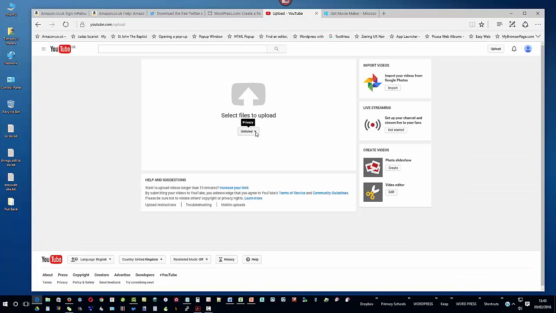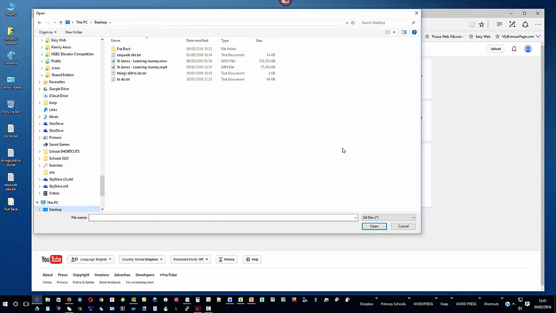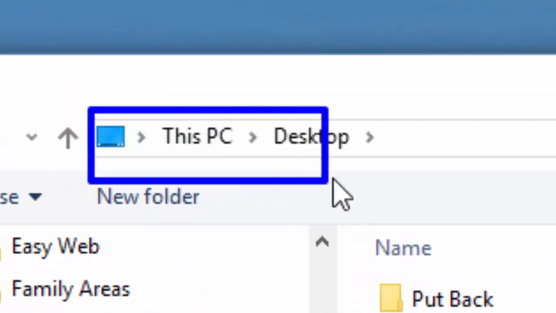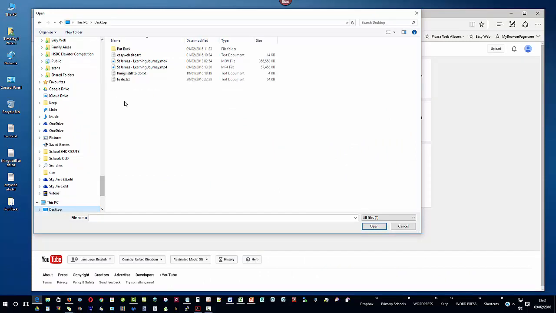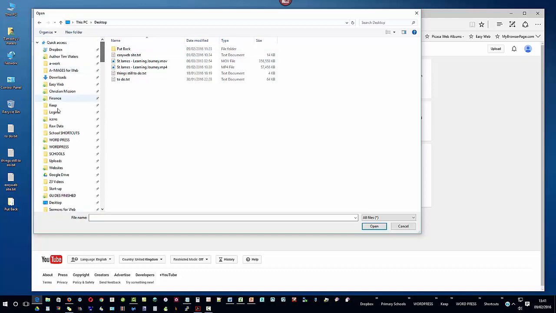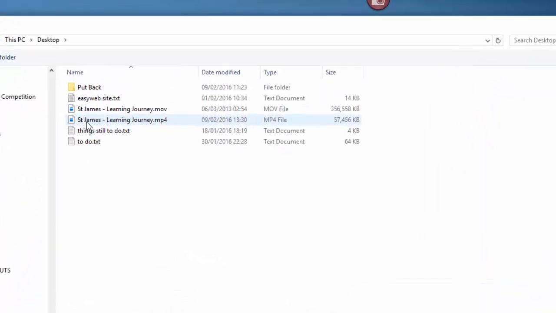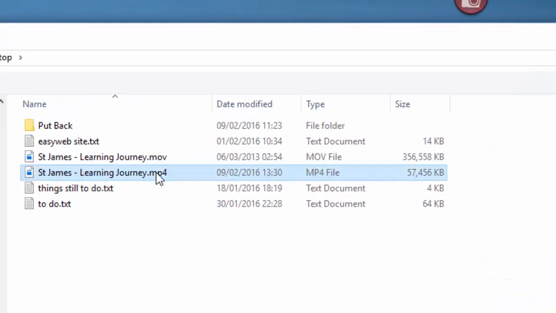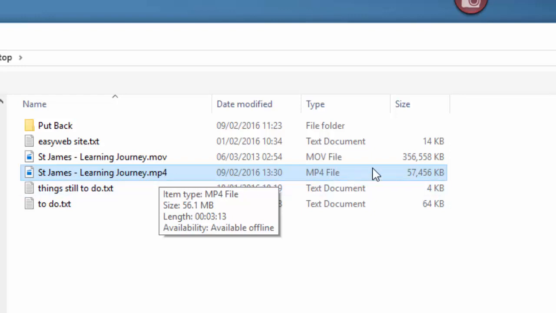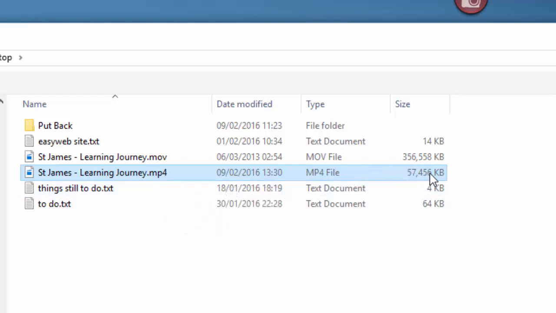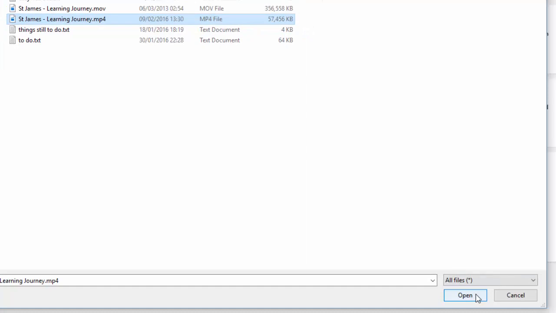So now that I've got the privacy settings as unlisted, I'm going to click on Select Files to Upload. My window is showing my desktop, and if your window is defaulted to anywhere else, then all you'll need to do is to be able to browse to your desktop in order to find the file that you're looking for. So here's my St. James Learning Journey.mp4 file. It's the one that's 58 megabytes in size. Click Open,